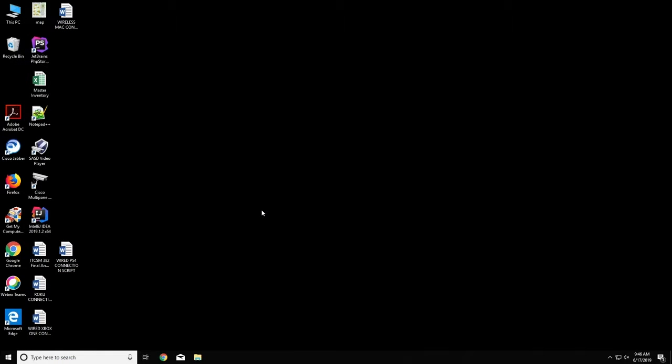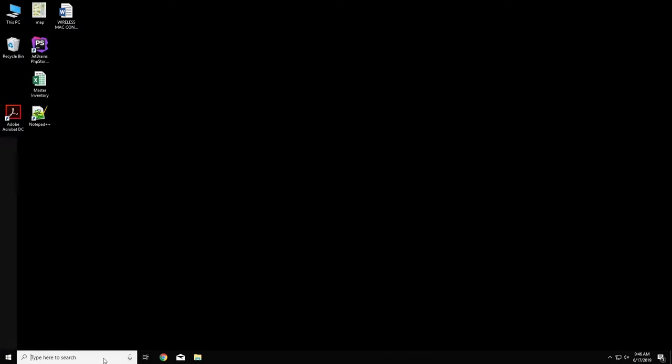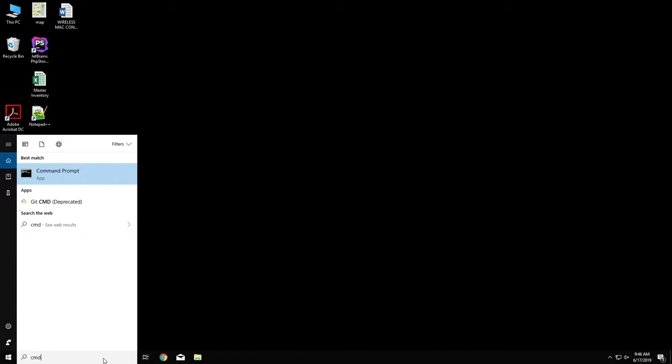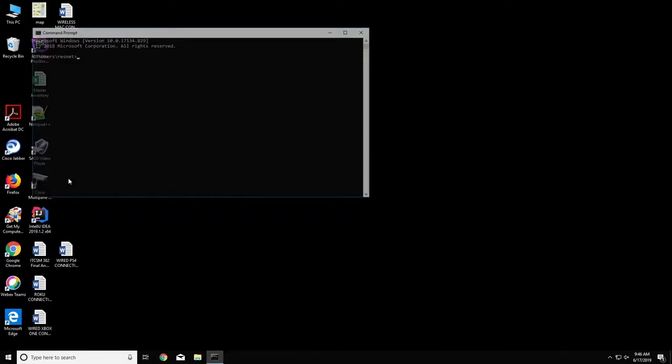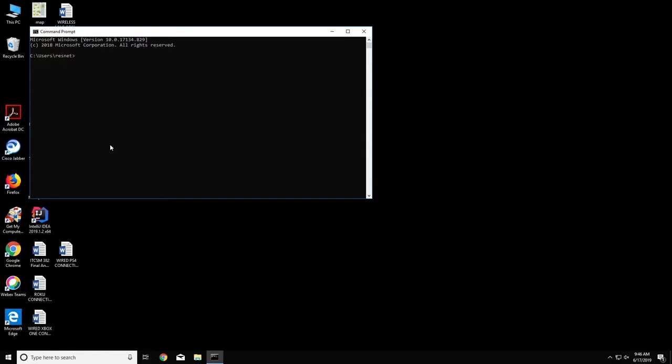For internet access, you must also register your PC by its MAC address. To find the MAC address on your PC, go to the search bar at the bottom of your screen and type CMD. Click the command prompt in the menu. This will open a new window with lines of text.